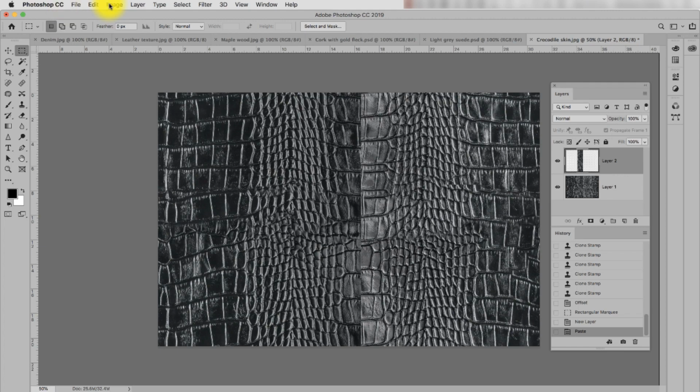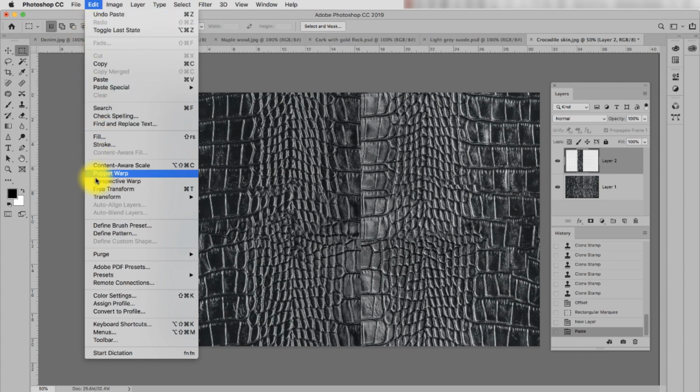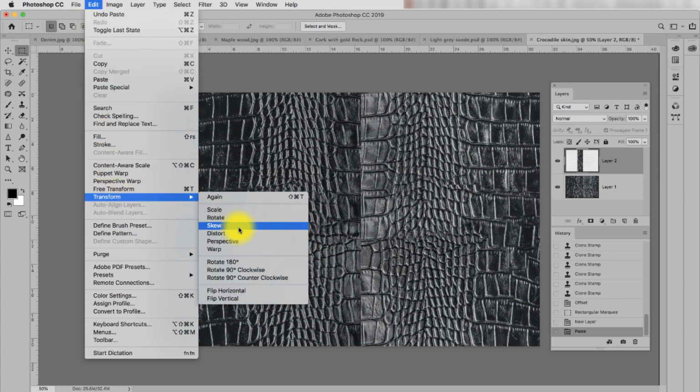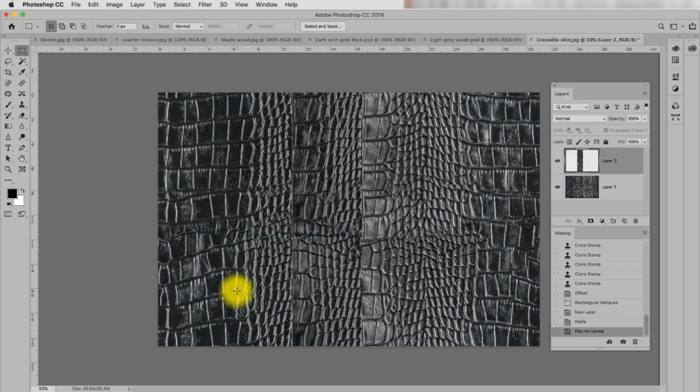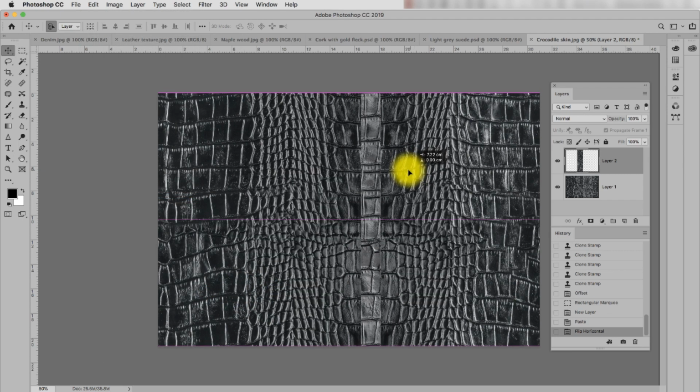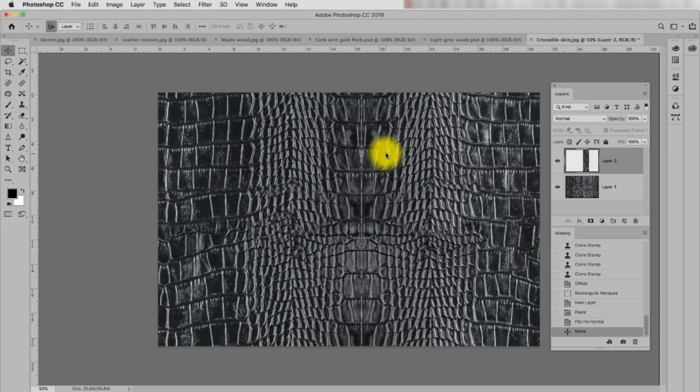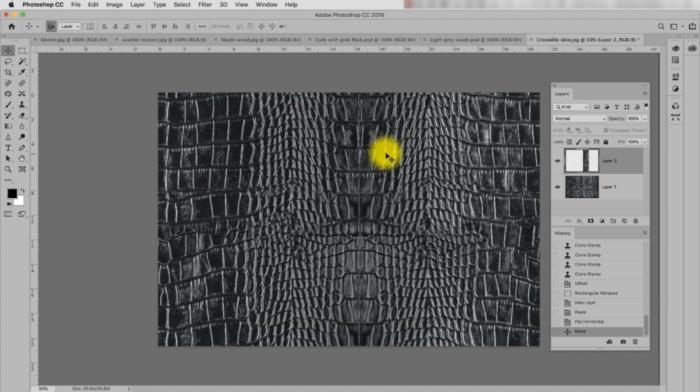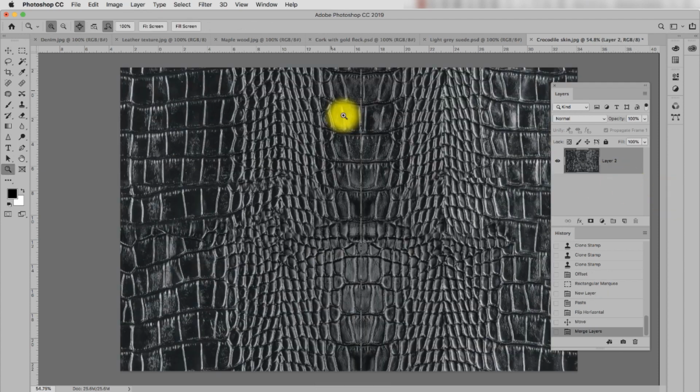I select the new layer, and here what I want to do is reflect the piece that I copied. So I'll go to Edit in the drop-down menu, Transform, and click Horizontal to mirror the center panel. I'll move it over to the right and cover up the right area, and merge the top and bottom layers, and integrate the lines with the Clone Stamp Tool.